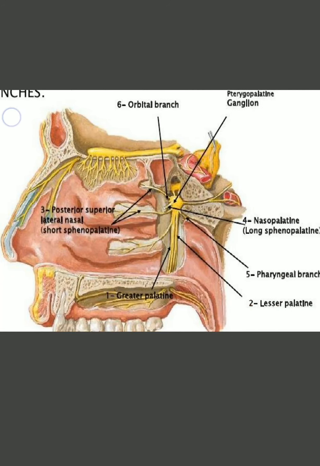So in this figure, these are the anterior ethmoidal nerves. This is the olfactory bulb. It gives olfactory nerves to the olfactory area. And this is the pterygopalatine ganglion, which gives this is the nasopalatine branch, which is this ganglion is the main ganglion. It also gives many other branches to the septum.